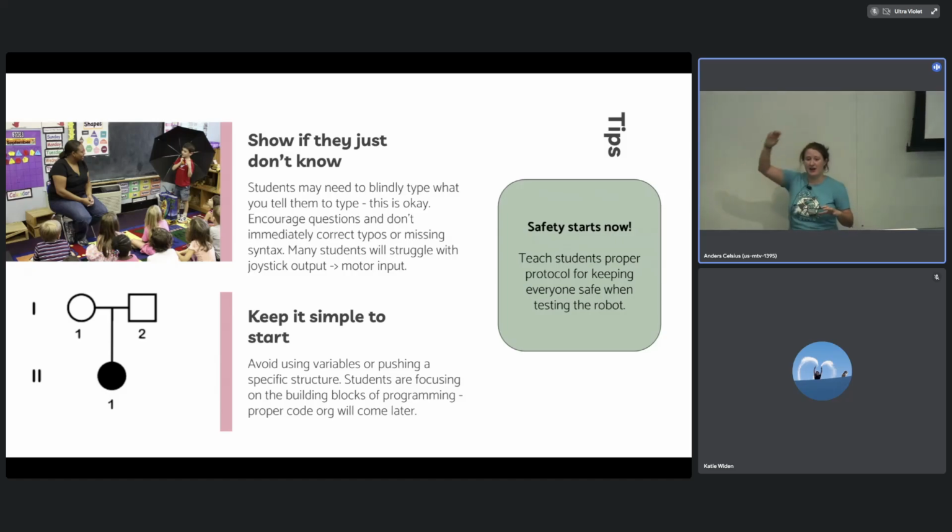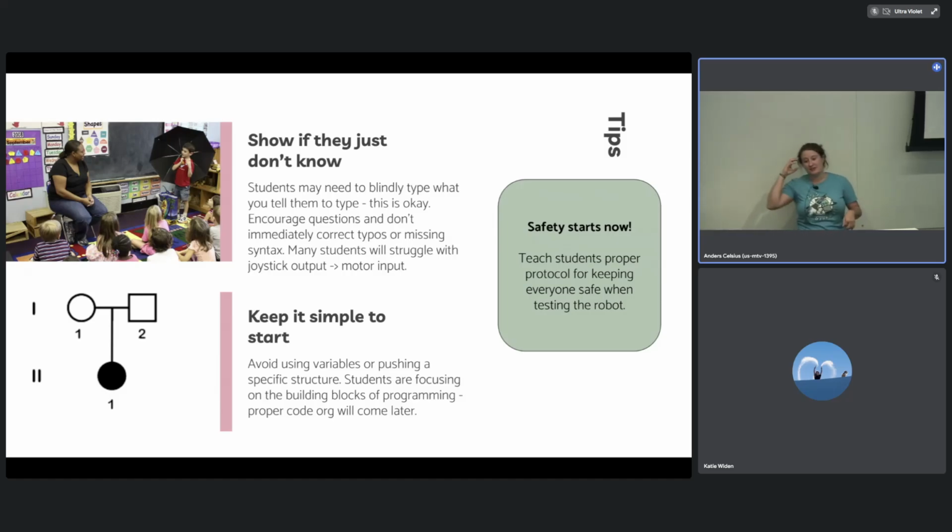So I do everything in Teleop periodic at this point. I maybe tell them how Teleop periodic works if they're interested. If that's going to be too much, I don't. And some of you are like, but that's not how we code. I was like, that's okay. We're not teaching them everything. We just want them to be like, oh, I made a motor move, Mom. How cool is that? And safety starts now.